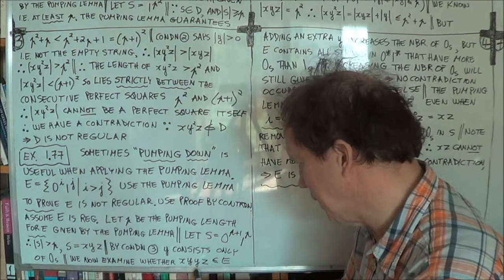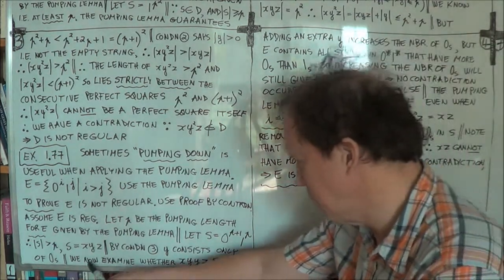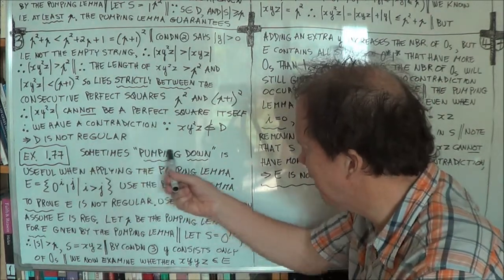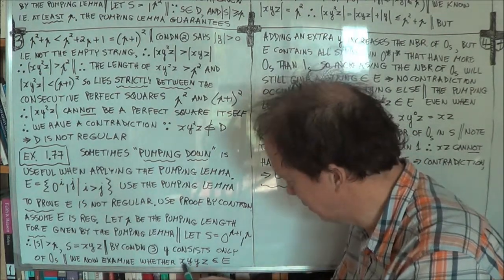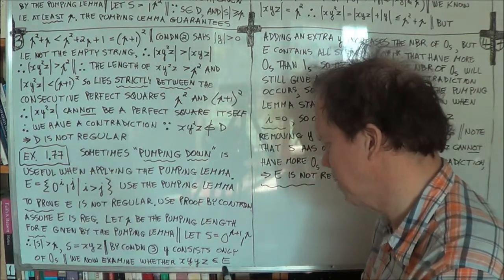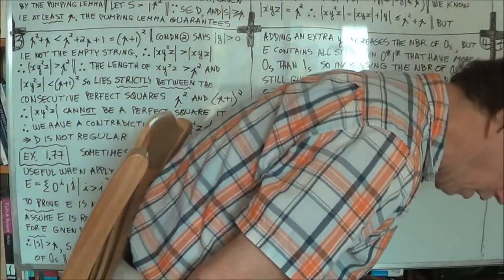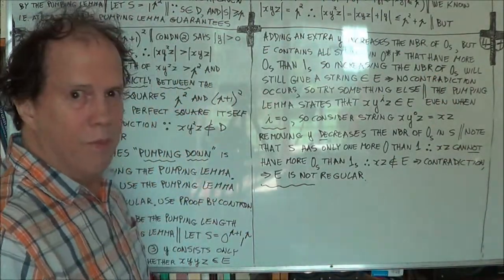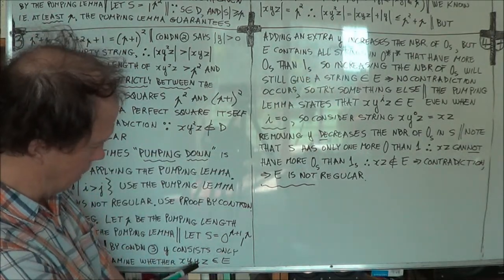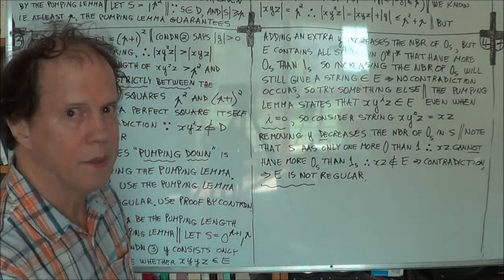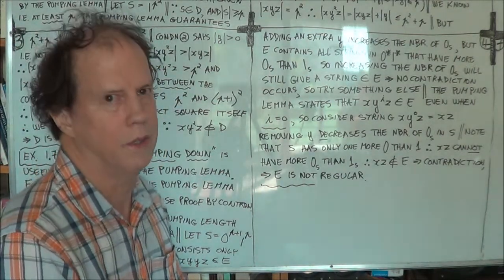All right. Now, so now we're going to examine, it seems a bit odd, this is not pumping down, it's pumping up. But anyway, let's look at a mildly pumped up string xyyz to see whether it belongs to the language E. And you'll see in a minute why we're going the other way from what the introduction was talking about, pumping down, because here we're pumping up. Well, okay, so you add an extra y, right? You've pumped it up mildly, so you have now just one extra copy of your y substring, and given what we just said before, that the y can consist only of zeros,